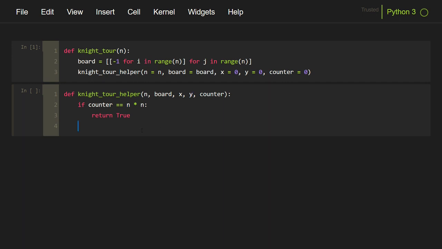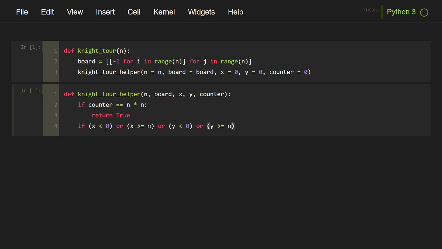But once we do that, we need to ensure that our x and y positions, that is the new positions, are inside the board. That is, it should not go out of the board. So we need to check those index conditions. So we will check if x is less than 0, because we are following 0 based indexing. X and y both should range between 0 to n minus 1. So if x is less than 0 or x is greater than or equal to n, same goes with y. So or y is less than 0 or y is greater than or equal to n.